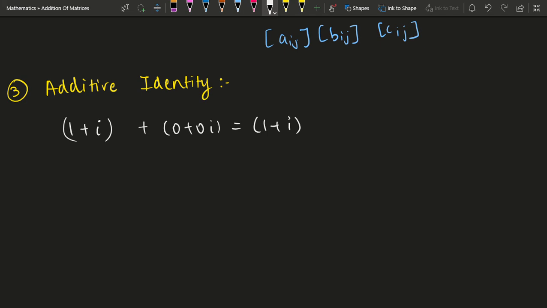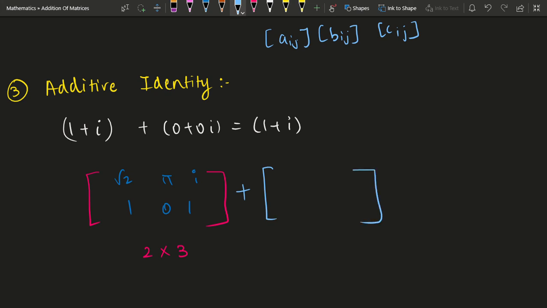It's just common sense. So if you take a matrix of any order, let's say you take a matrix having 2 rows and 3 columns, and you fill it with random numbers, root 2, pi, i, 1, 0, 1,